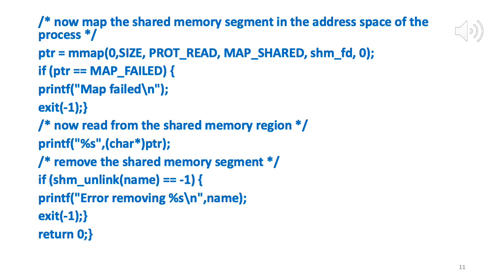Okay. So now recall that the first producer process created the shared memory segment, right, which was stored somewhere in memory, and then attached. So that shared memory segment has a name, right, and then it can be accessed using that, and the producer attached it to its address space. Now what the consumer is doing is taking that same shared memory segment and attaching it to its address space. Okay, so now it's attached, ptr is a pointer to it, and now all it has to do is read.